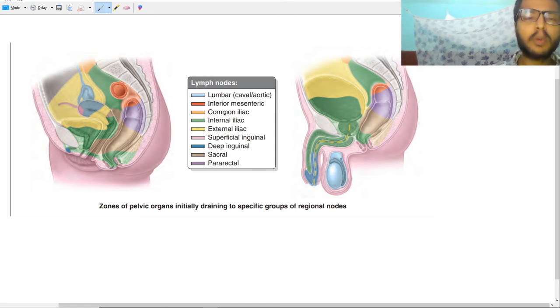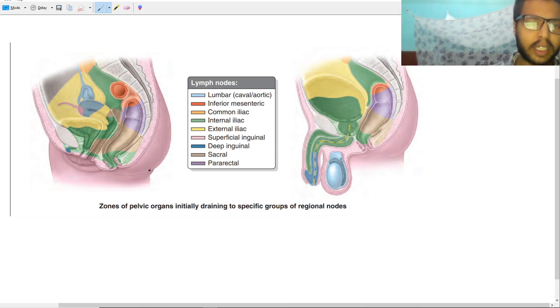And now we are going to discuss sacral lymph nodes, okay. You can see here this brownish color is sacral lymph node. So what are the structures draining into these sacral lymph nodes? What is this? Inferior rectum. This is superior rectum and this is inferior rectum, okay. So inferior rectum drains to sacral lymph nodes, and inferior vagina as well. You can see this brownish, grayish color here, okay. So this is draining into sacral lymph nodes, and posterior-inferior pelvic structures. So pelvic structures that are posteriorly and inferiorly located are also draining into sacral lymph nodes, okay.